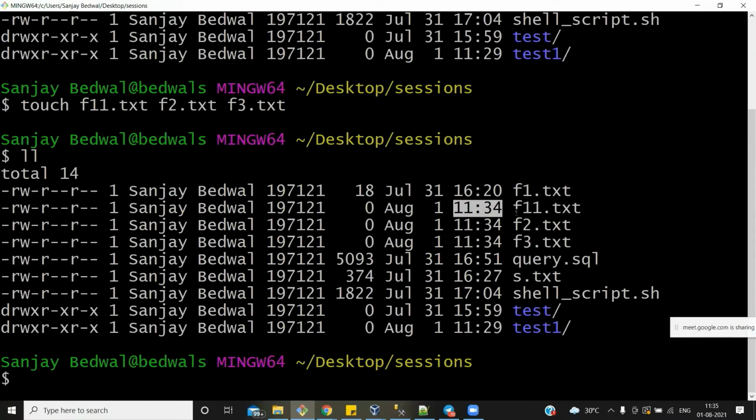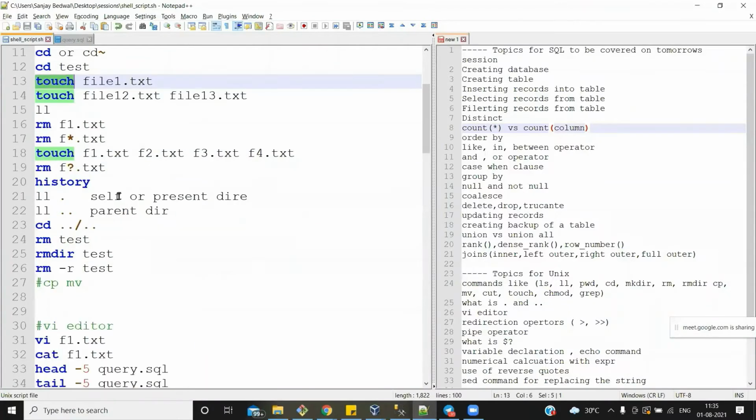Usually people do it for a mischievous purpose. Don't do it. You will not have to do it in production. But this is another use case of the touch command if you want to change the modification date of a file. I don't remember the syntax for now. You can Google for that. Okay, so this is the touch command.